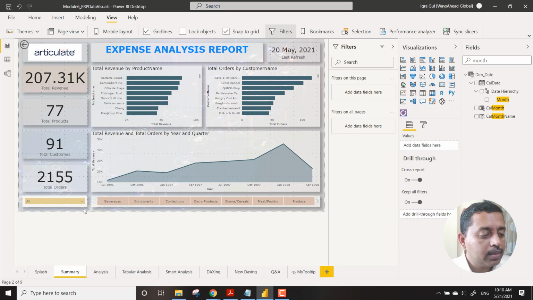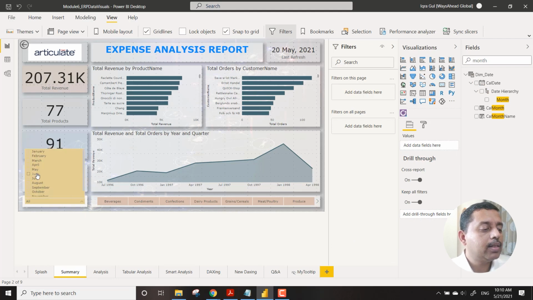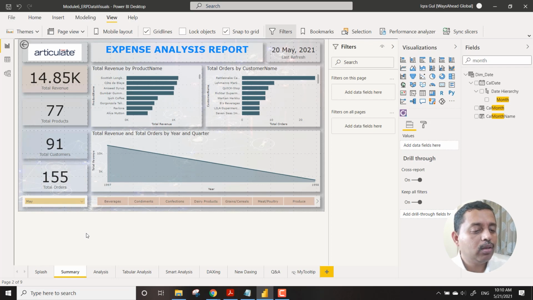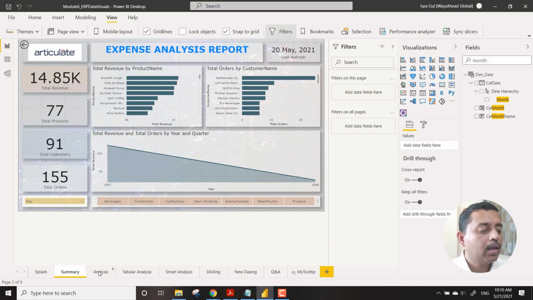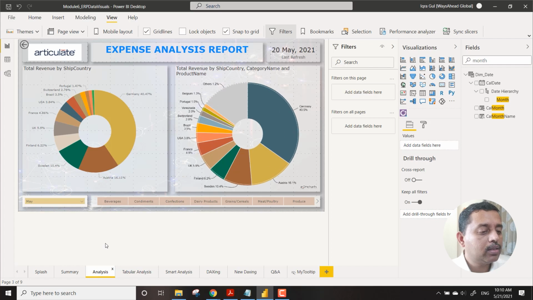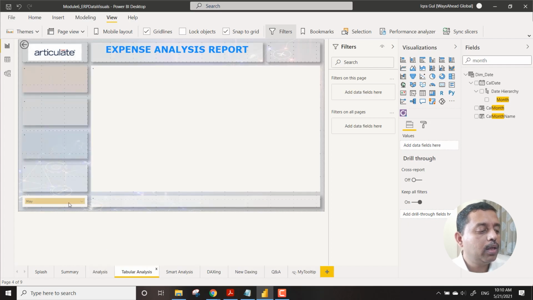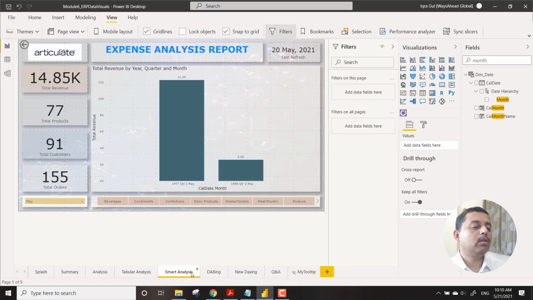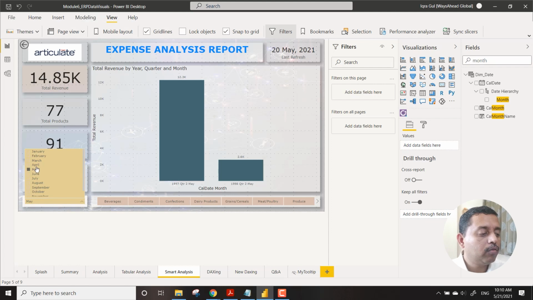So now what happens is, if you go here and select the month of May, automatically the month of May details have come. And if you go to analysis, you will see that it is only showing the month of May's data. So it is all showing the month of May's data. So month of May of 1997 versus month of May of 1998. So much flexibility you get when you use these kind of features.